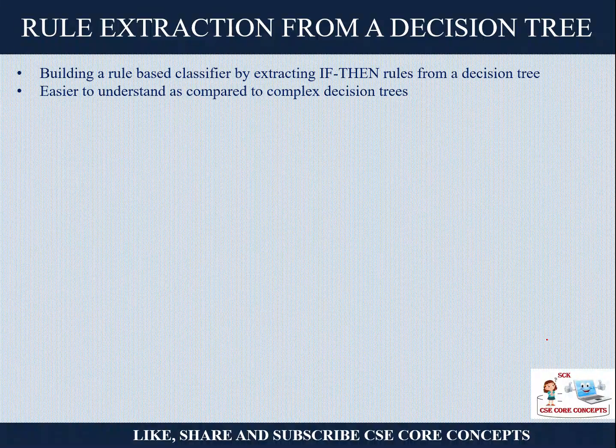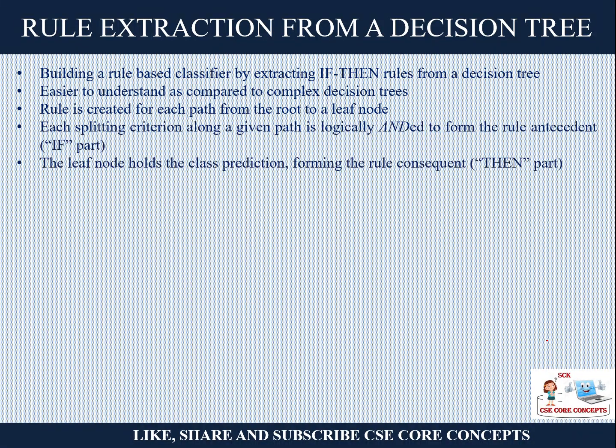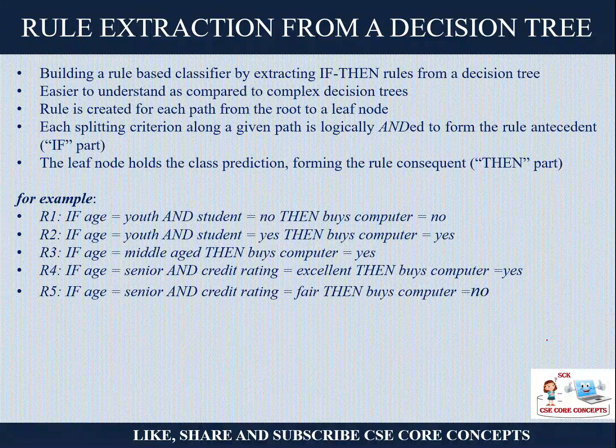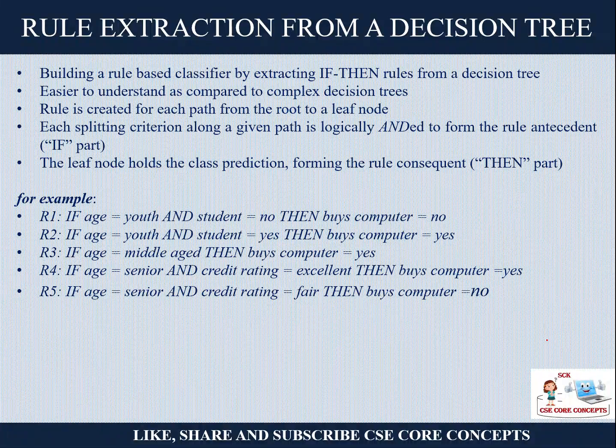Now, how do we extract rules from the decision tree? We can create a rule-based classifier using if-then analysis. The tree is a pictorial structure, so from that, if you are going to create a program or extract a rule, of course we use the if-then analysis, which is known to all of you because you might have done some practical programming. So you can write: if age is youth and, if you have two conditions combined, then you use and, right? And the student is no, then he buys computer.